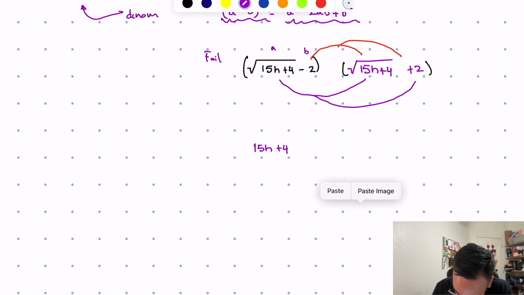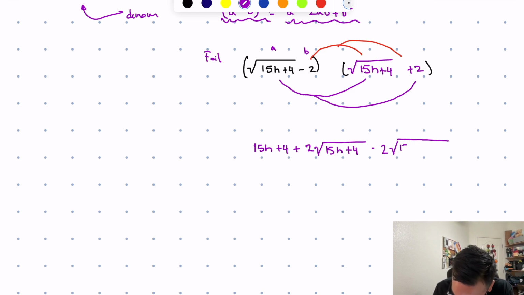And then we do times a positive 2, which is going to be plus 2, so just keep everything the same, so 15h plus 4 minus 2, so we're multiplying that,